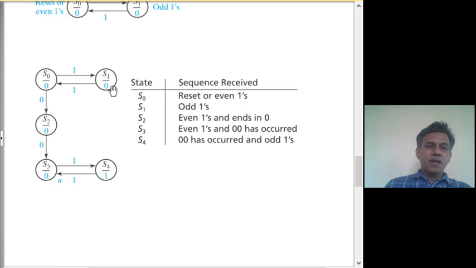In a similar manner, while you are in S1, 2 consecutive zeros can also occur. If that is the case, you have to replicate this part of the graph here. From S1 you can go to a state when a 0 occurs, and with one more 0 you can go to S4. But note that although when 0, 0 occurs you are looking for a condition being met, you have to remember whether you are on the even side or on the odd side of the state graph. This is the even side and this is the odd side.